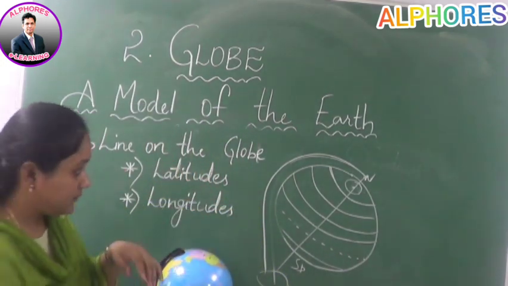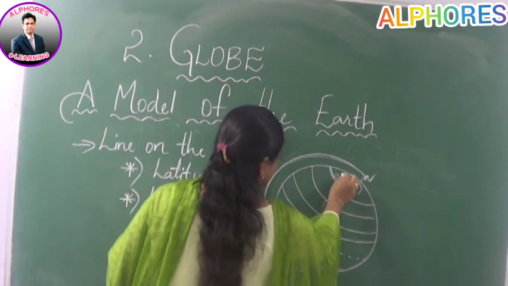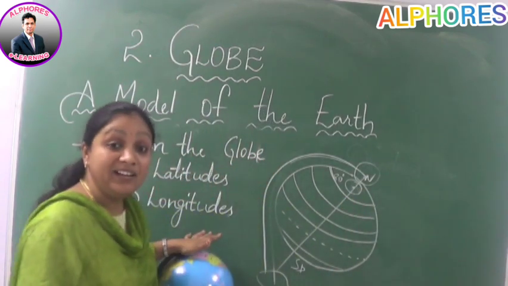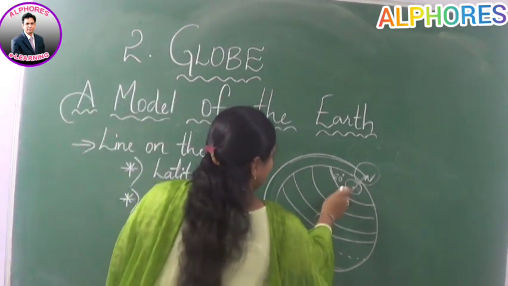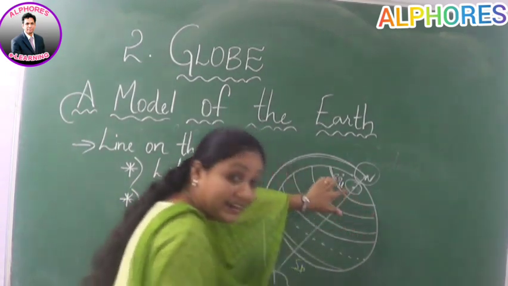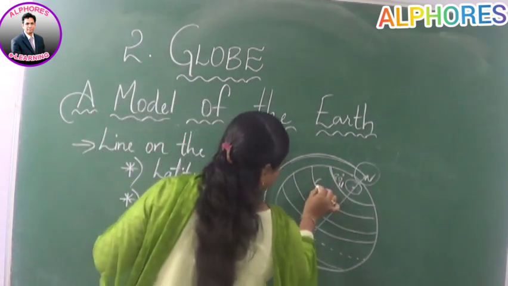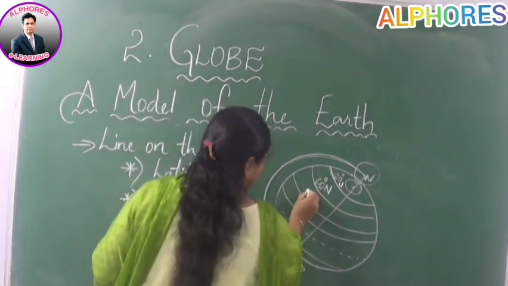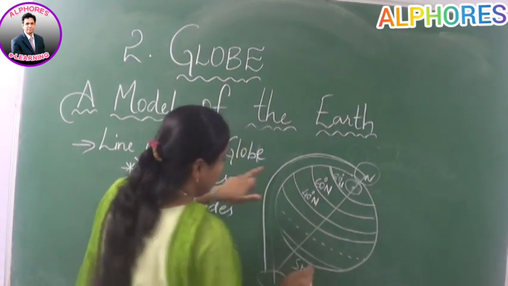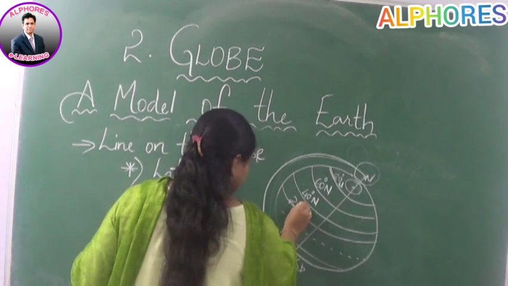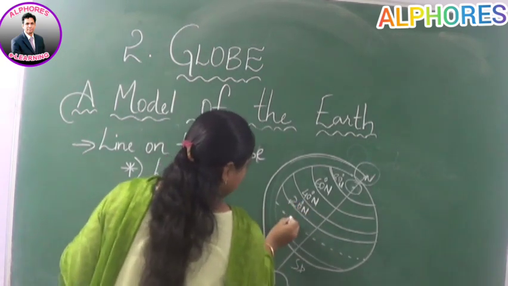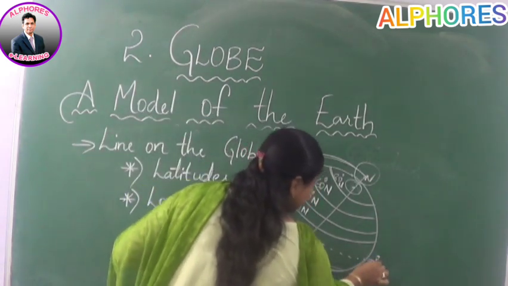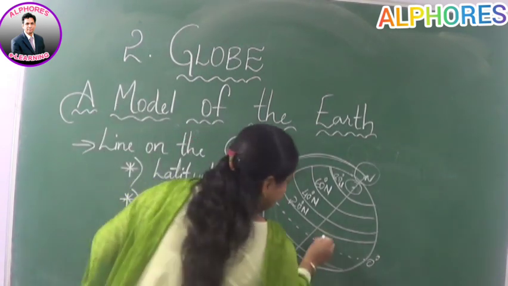Okay, now it can be tilted, and this is 80 degrees. Children, see, I am writing this 80 degrees, in which position? In the north position. So this comes under the 80 degrees north latitudinal line. Okay, and the 60 degrees north latitudinal line, and the 40 degrees north latitude, and the next 20 degrees. And you have a doubt, madam, is it called 10? No, it's not 10. It is 0 degrees, which means it is called the equator.